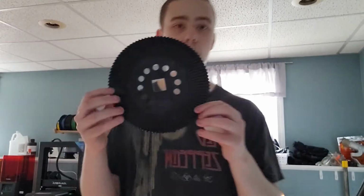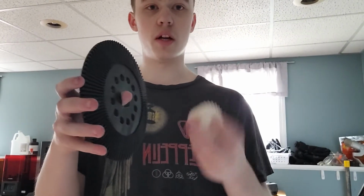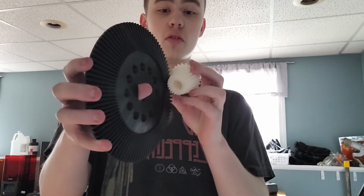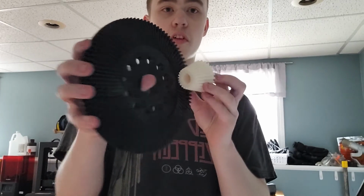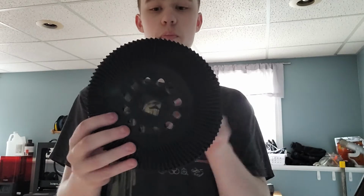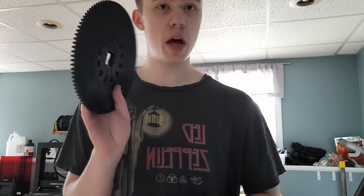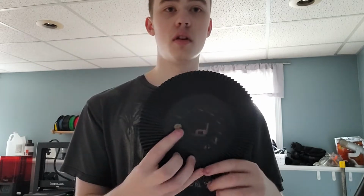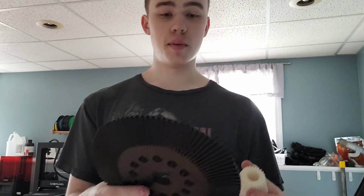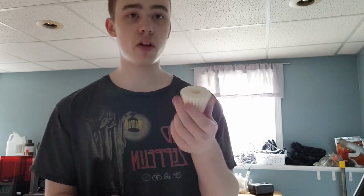So I got a large bevel gear and a smaller one, and they combine together into a 1 to 4 ratio, perfect fit, perfect match. And what I'm going to do here is attach a big pedal to this guy, a giant pedal to this puppy. Now I'm going to attach just a regular axle,